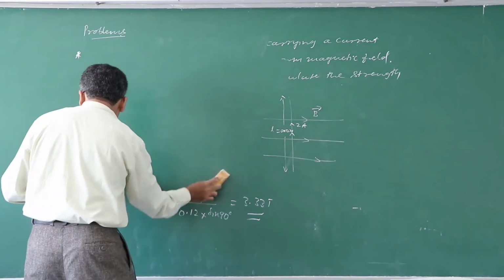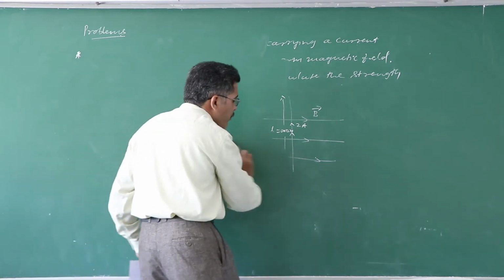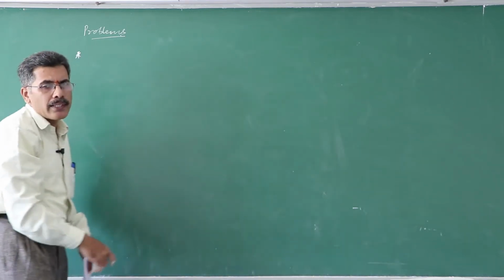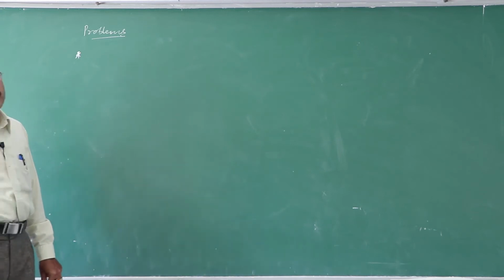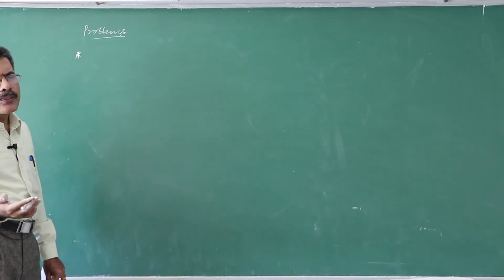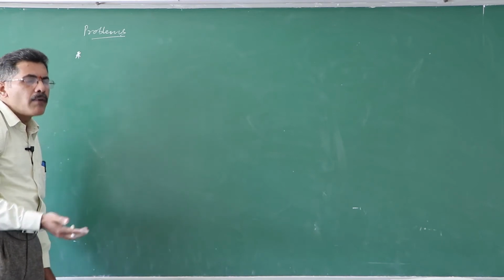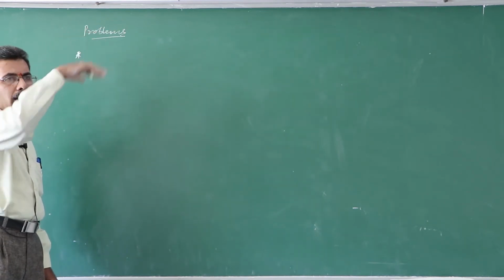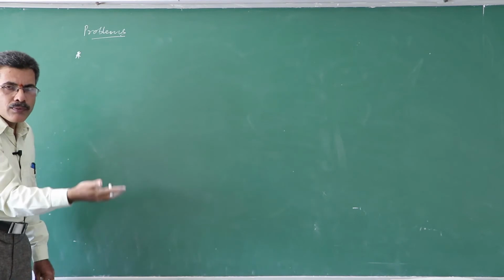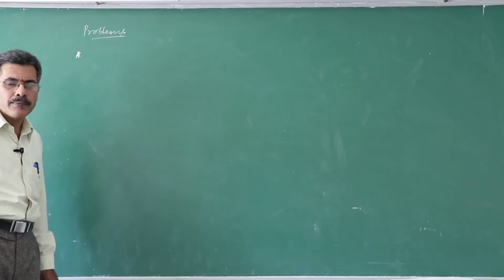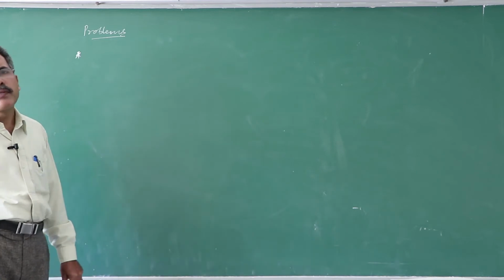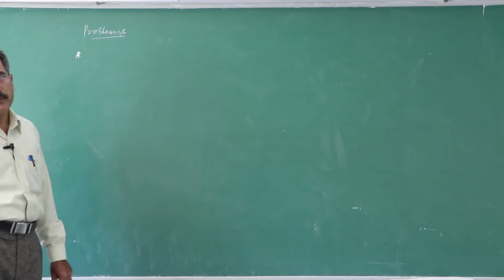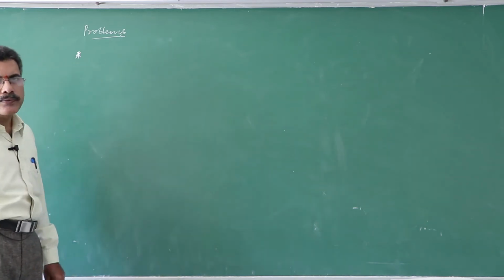So now let me consider another interesting problem wherein there is a conductor carrying current in a magnetic field. It experiences a force acting on the conductor in the upward direction, and the conductor is kept freely in space. Naturally it has a force acting in the downward direction, the force due to weight. You have adjusted the magnetic field in such a way that the force due to gravity is balanced by the magnetic force. Therefore it is kept floating in air, right?